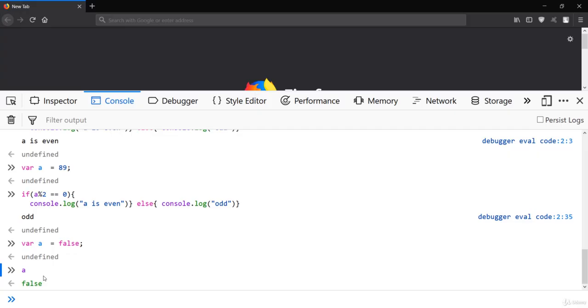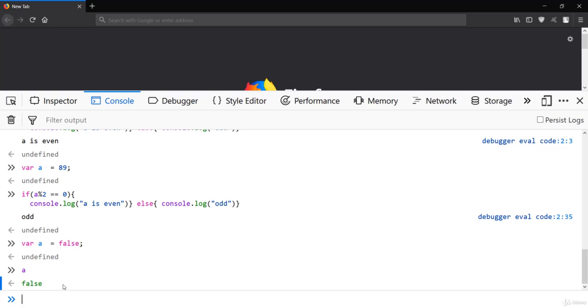That means JavaScript is also known as a dynamically typed language, same as Python. So you can simply see over here we made use of if else statement to execute the code based on this condition.